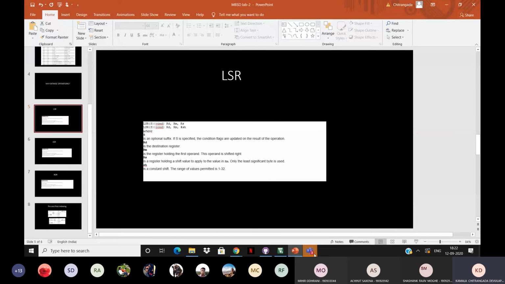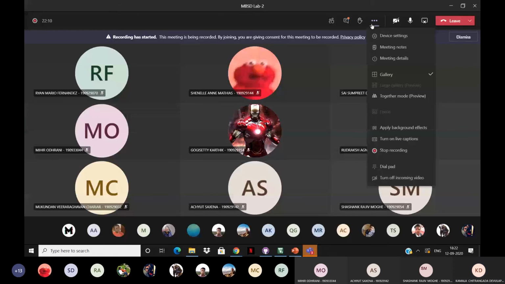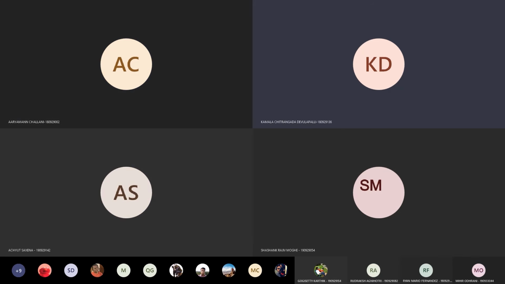I feel like a boomer, but I can't access the whiteboard. It'd be really nice if I could just draw it out and show. I think it's an option under screen sharing, not sure though. Yeah, one second, I'll check. I think you'll have to stop screen sharing and then start your whiteboard. It's in the screen sharing option. Okay, cool. So I just stopped it for a while. Yeah, cool, got it.